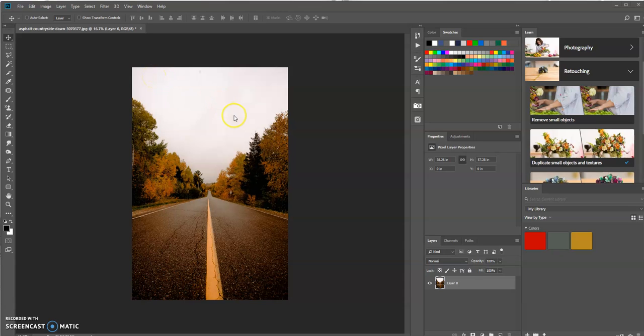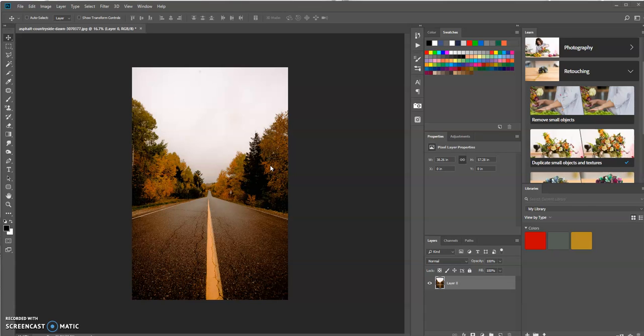Basically, the end result is we're going to have it look like you're taking a picture inside of a car and you're moving at a very fast pace, and all this area is going to be blurred. And then at the end, we're going to put some focus just on this area right here, so we'll clear up the blur itself, but everything else around it will be like a